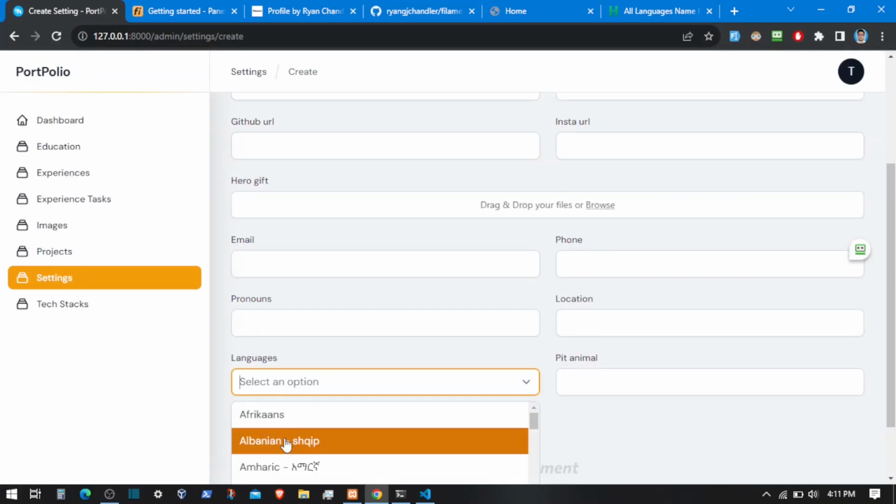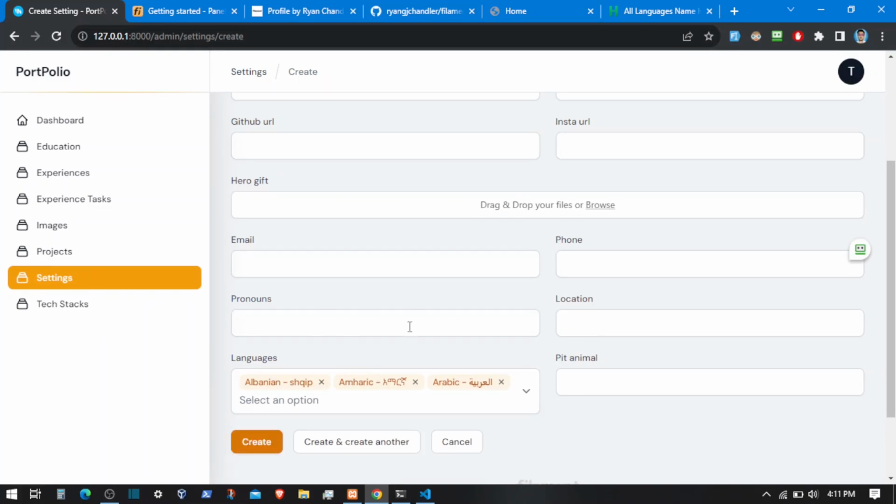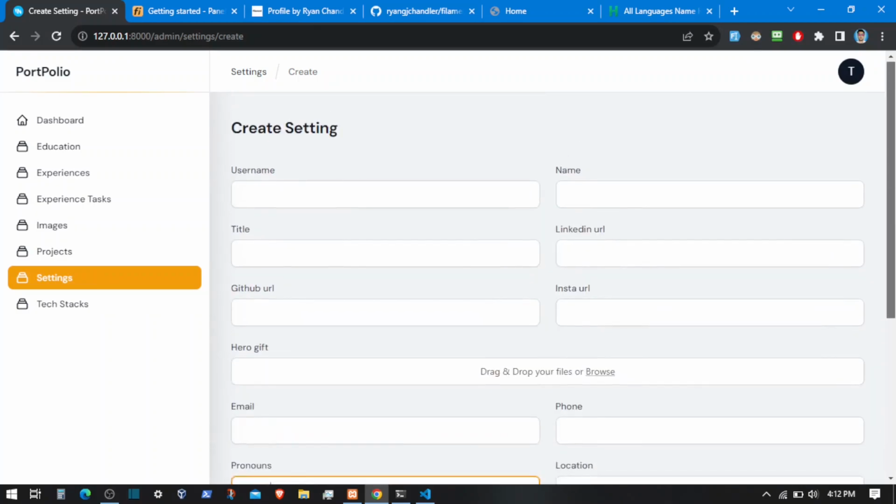So now if I try to select the languages that I know, I can select them. You can see it works. So that is that. Then we have pet animal, that's going to be a single input field. Location is going to be the address kind of thing, and then we have pronouns. We can put he, she, and something like that. That is not a problem. So for the details, let's say the name is Tauseed Zaman, title is cool level for